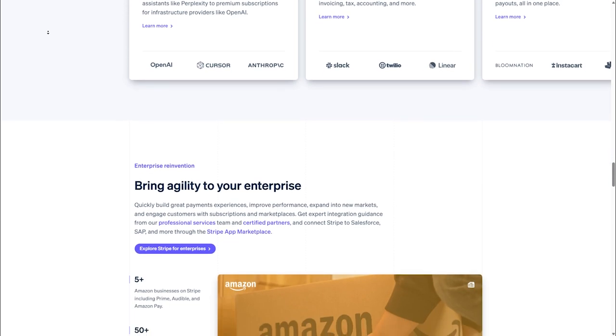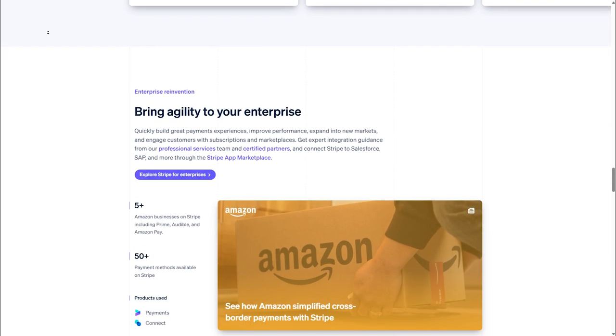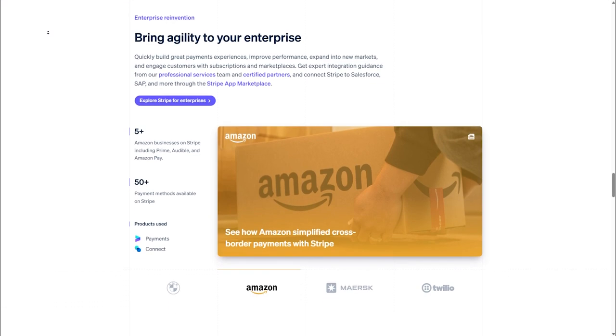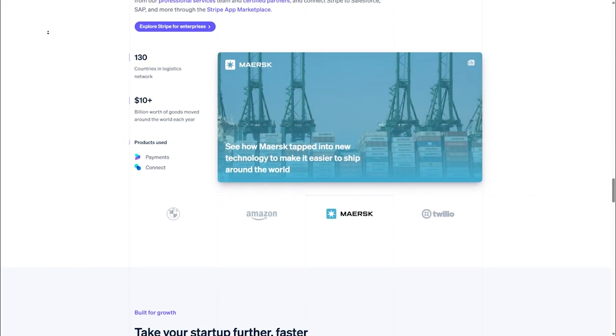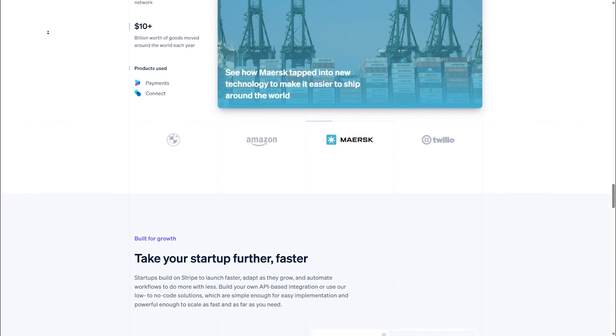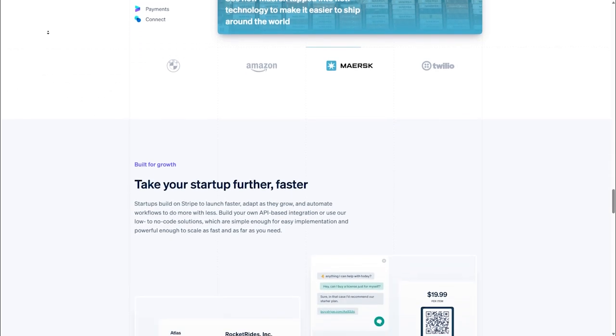If you process high volumes, you may qualify for custom pricing, so it's worth reaching out to Stripe directly. Bottom line, Stripe is a flexible, transparent option for businesses of all sizes, but make sure to review the details